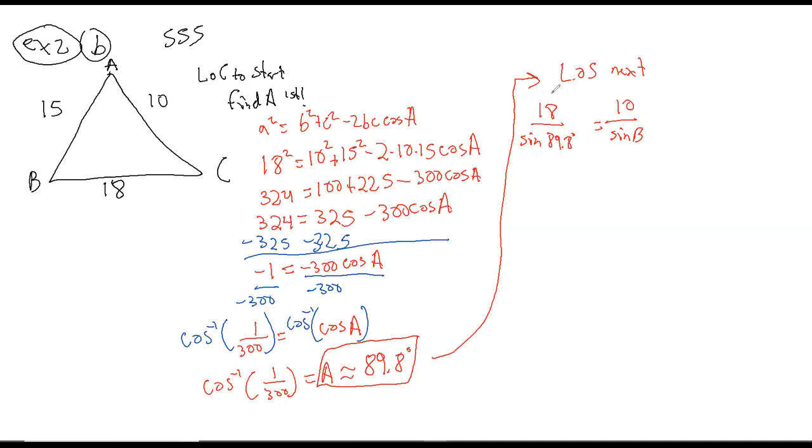And we're going to do the exact same algebra and trig that we've been doing for this law of sines. It's only two variations of it. Cross multiply, we get 18 times the sine of angle B equals 10 times the sine of 89.8 degrees, which the sine of 89.8, that's pretty much the sine of 90. The y-coordinate of 90 is 1. So this guy right here is 1, which means the 10 times that is going to be almost 10. It's going to be really, really close. Then we're going to divide this by 18,